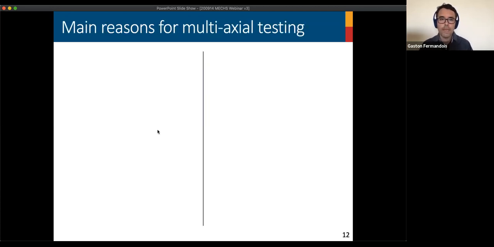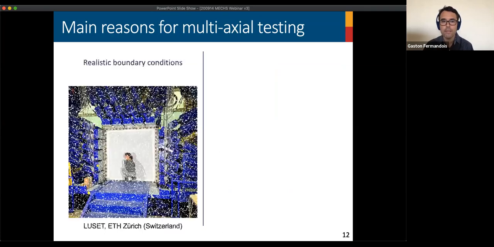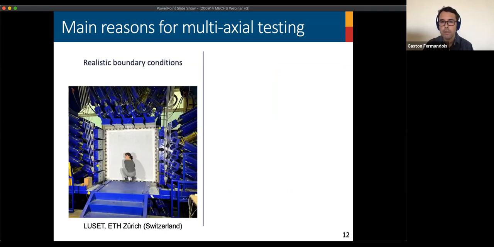So moving on, there are a lot of reasons for conducting multi-axial testing. And I'm going to classify these reasons in two main reasons. One is that we need to apply realistic boundary conditions over the specimen. This is a picture taken at the University ETH at Zurich, a loading equipment that imparts boundary conditions at different points of the specimen, and you can see that there are a lot of actuators connected to this